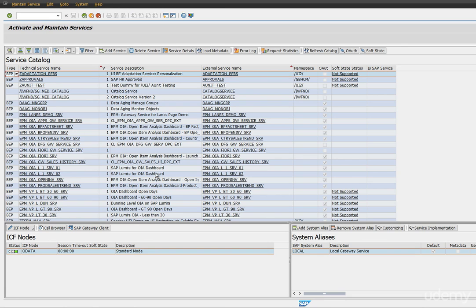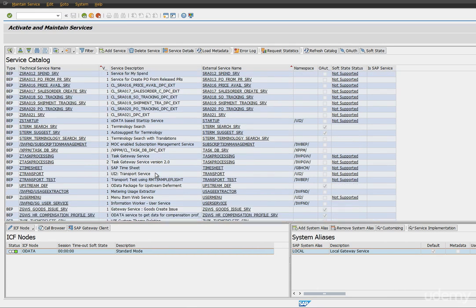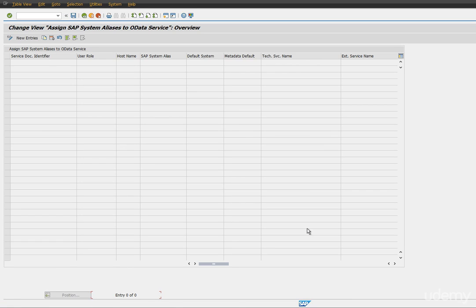So here, if you notice, we have already installed one HR add-on in gateway. So I'm just trying to look for, for example, let's pick this Z timesheet, which doesn't have any system alias maintained. So click on add system alias, click on new entries,